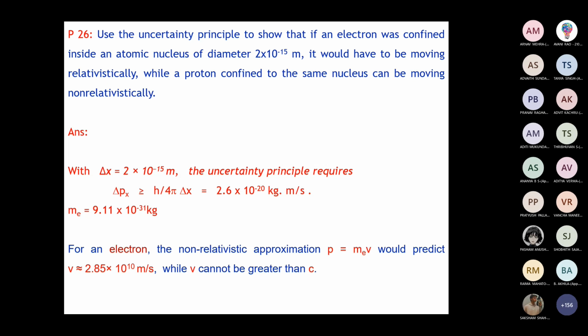For this, we can consider the maximum uncertainty in the nucleus as 2 times 10 to the power of -15, that is 2 Fermi. We take that as delta x here. And we have delta px is equal to h by 4 pi, that is not d, that is delta x. So you get the uncertainty in momentum as 2.6 times 10 raised to -20 kg meters per second. The mass of the electron is given here. Suppose for an electron, if you use this equation, p is equal to